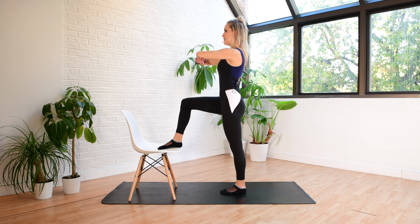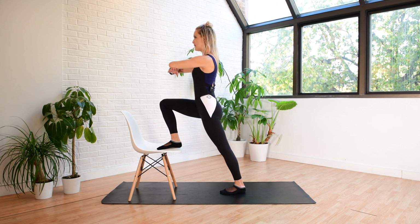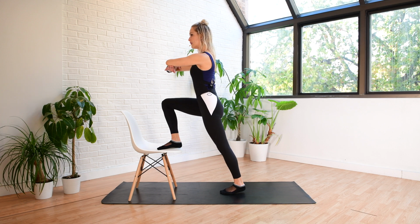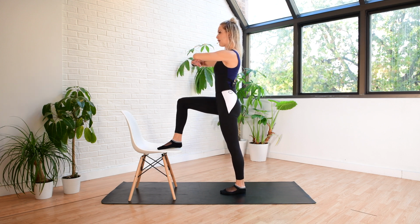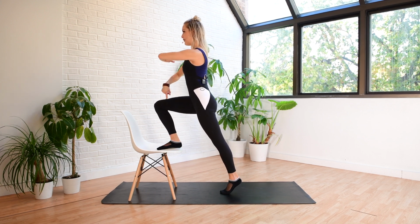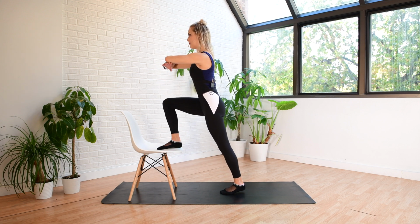Breathe out and just try to establish balance. What is our work here? Our work here is to turn to the right foot and rise up onto the left toes. With control, lower the left heel, shift the weight back. I'm stepping into my right foot, bearing weight in the right foot to rise onto the left, lowering heel and